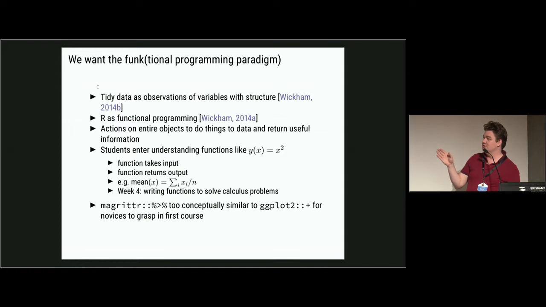Now, the one thing we don't do is use pipes. That's conceptually way too similar to the plus operator in ggplot for stacking layers. That is too hard. The cognitive load for separating and looking at the nuance between the pipe and the plus is too hard. Maybe if I could make a second unit, I would pop it all in there as well. But for what we've got, we can go fast.